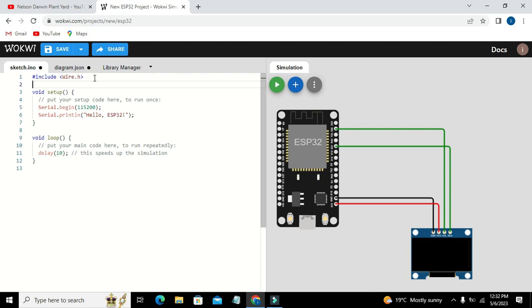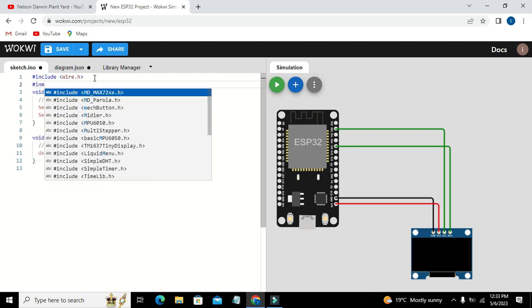We have to import certain libraries to fetch certain functions for the establishment of the I2C communication. I2C is a specialized protocol and not a common communication, so we have to import certain libraries. And in order to use certain functions for the OLED display, we need two more libraries, and they are #include